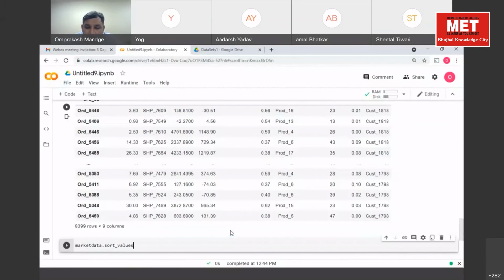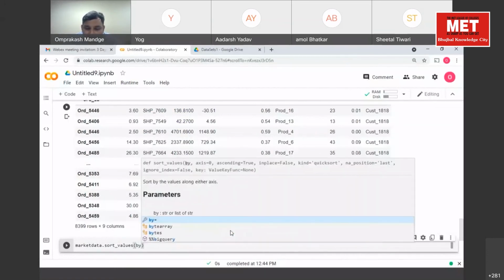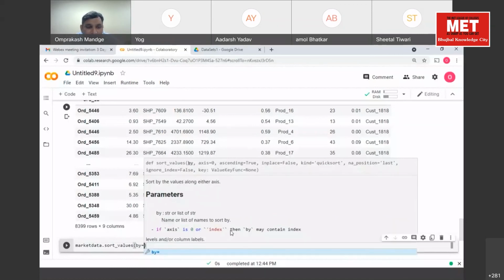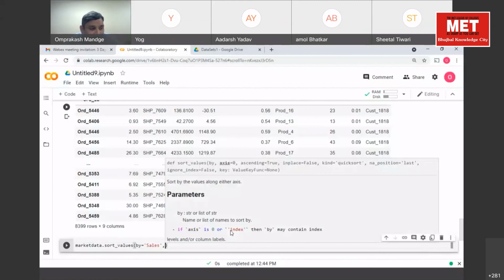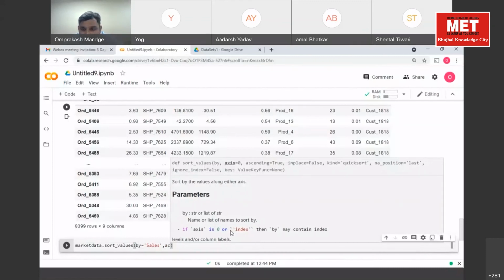The first parameter we have to specify is the by parameter, in single quotes, the column name by which we want to sort. And again, we have to specify ascending or descending order. By default, ascending is true.